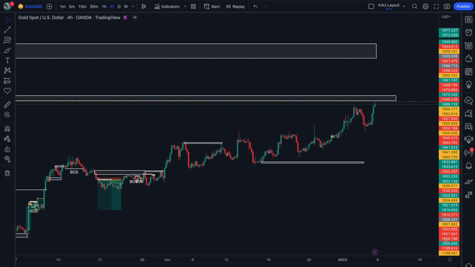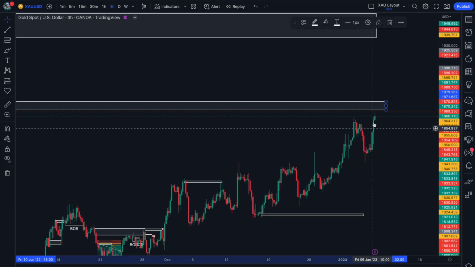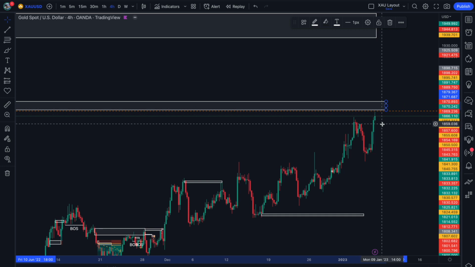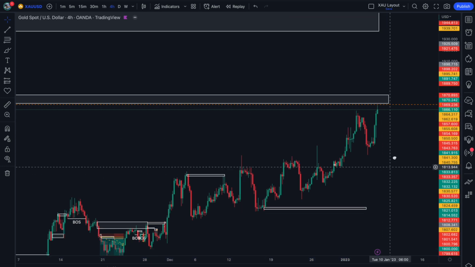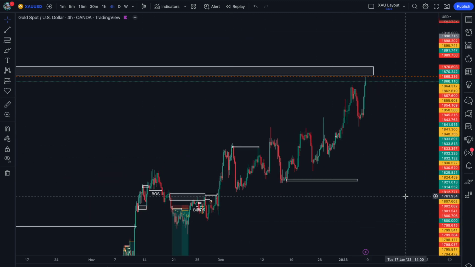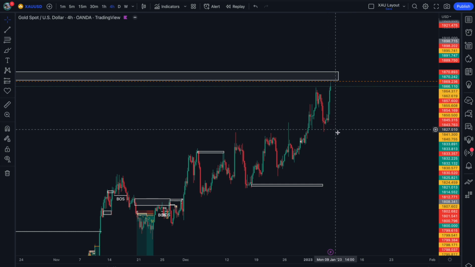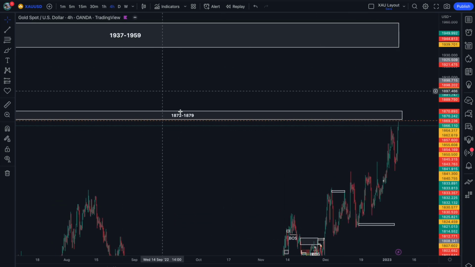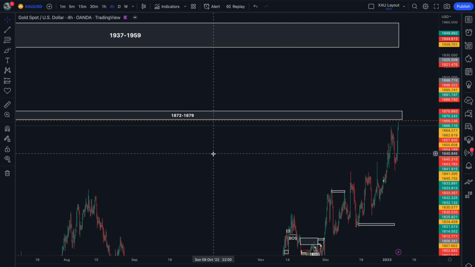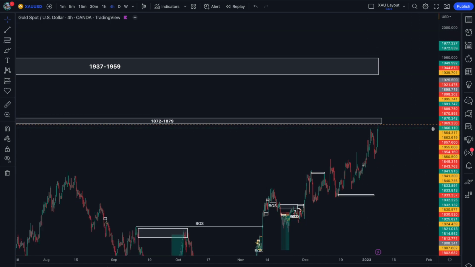We've seen that price has put in good volume into this zone here. What we want to see ideally is for price to penetrate this zone and deliver us with a break of structure to the downside. This would then confirm that this bullish correction has finished and the next bearish impulse is ready to take place, and that is when we can look to get involved in those sell positions. So as I said, mark out these two zones for yourself: 1872 to 1879, and then 1937 to 1959, and then we'll look to actually sell from those hopefully this coming week.